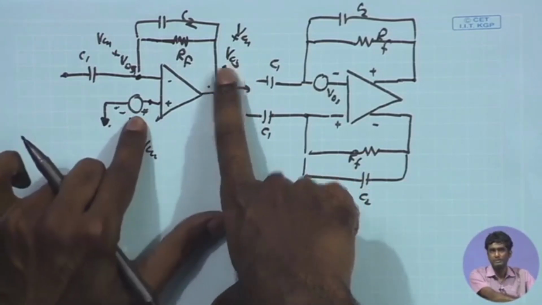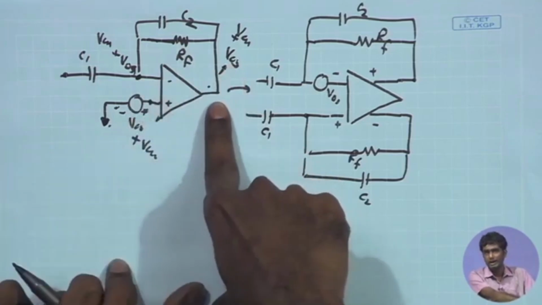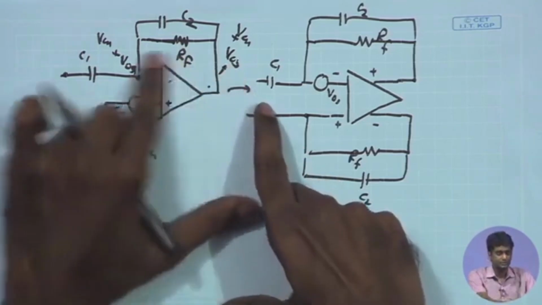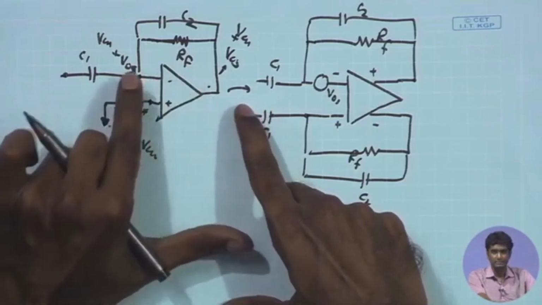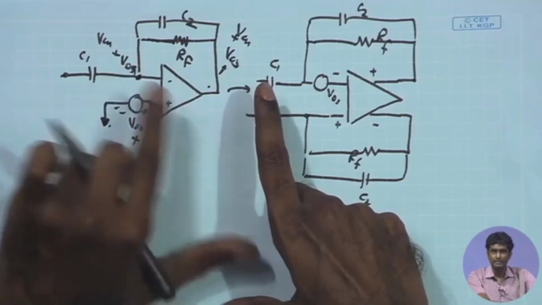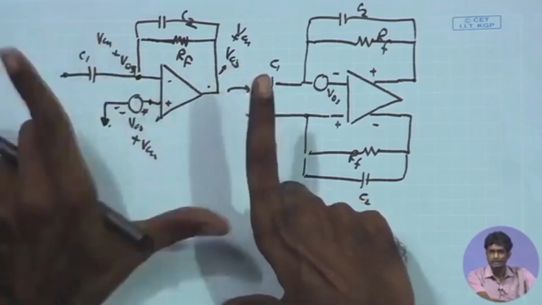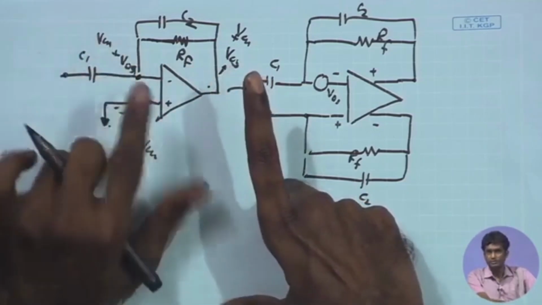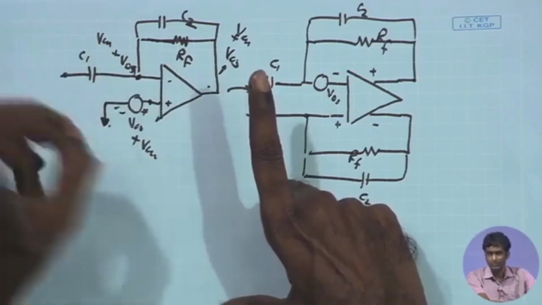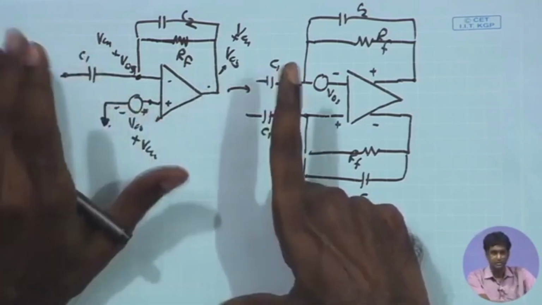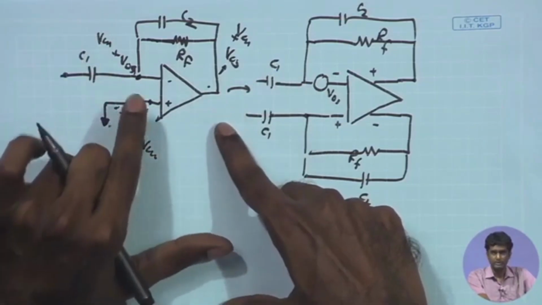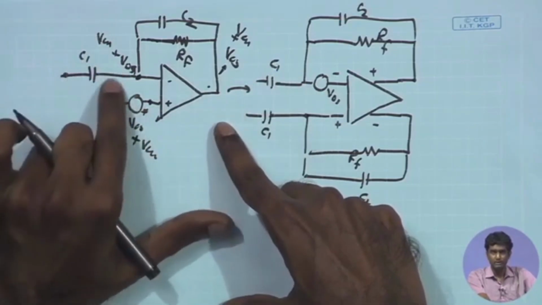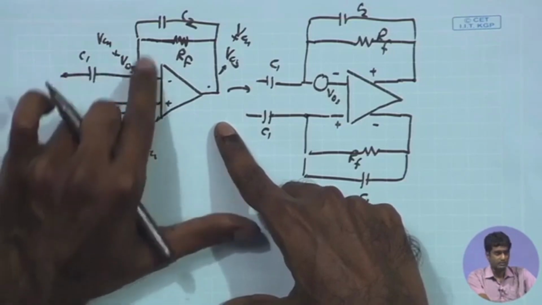Whatever offset voltage is present is translated to the output. Because of this resistive feedback, the output and the input DC potentials become the same. As a result, you do not have amplification at DC. I can assume the offset to be very slowly varying, even if it varies a little with temperature or aging of the device, but it is much slower. I can assume this is DC, and therefore it is not going to pass through any of